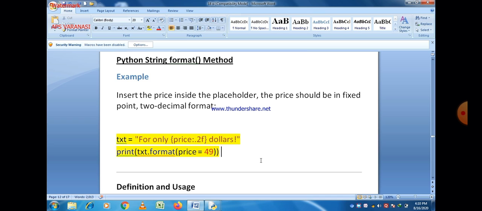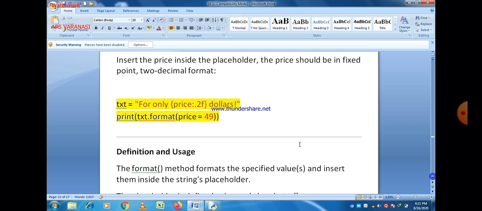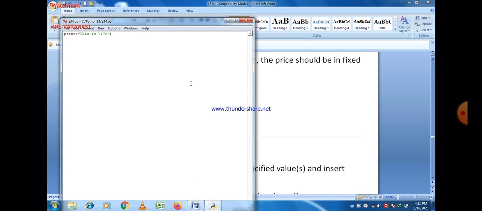So that is the role of format. It means we format a string according to the requirement of the question, or according to our choice. Whatever we want to print in a particular format is shown using the format method. So format is a method basically used to format a string. Now let us take the definition of the format method. The format method formats the specified values. Always remember that it formats the specified value.